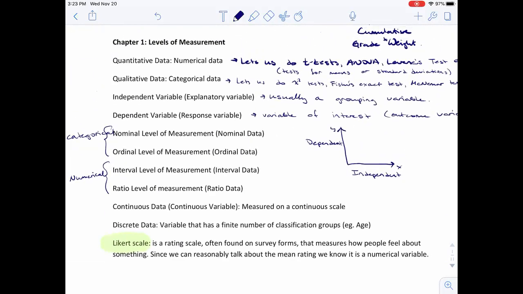I know chapter 1 notes are very sparse, but any questions? Well,